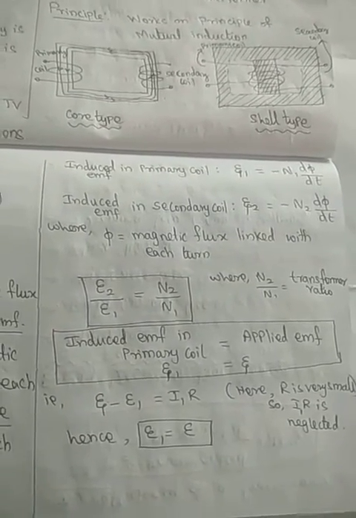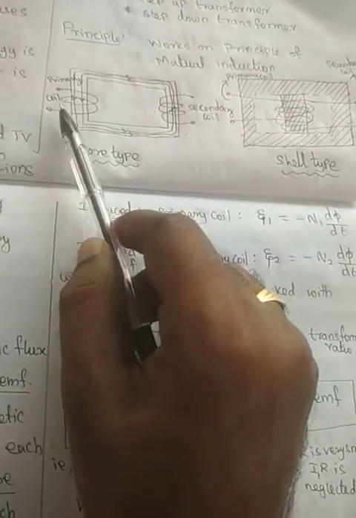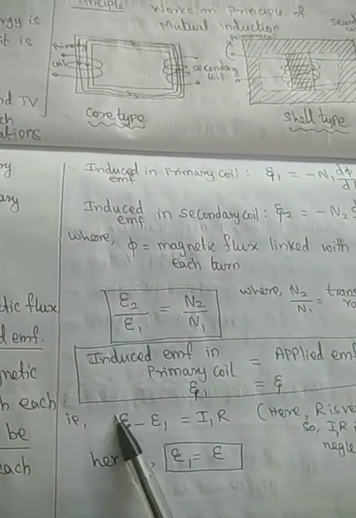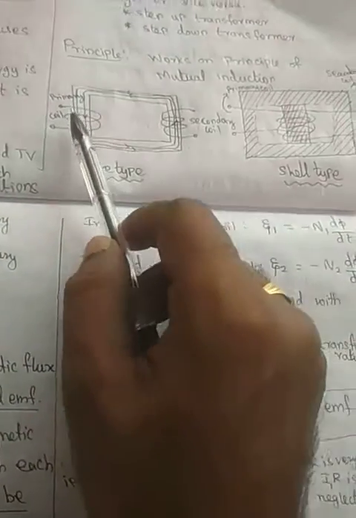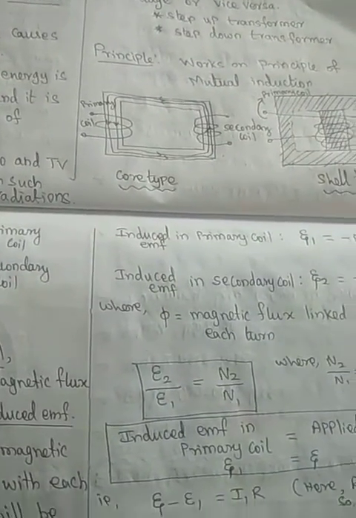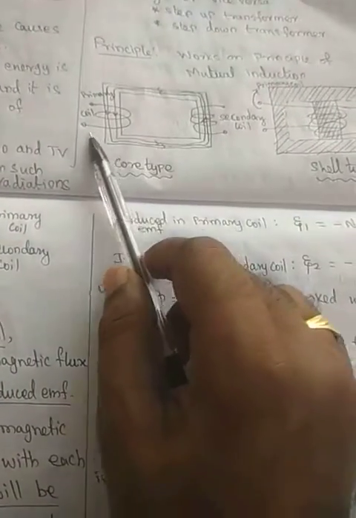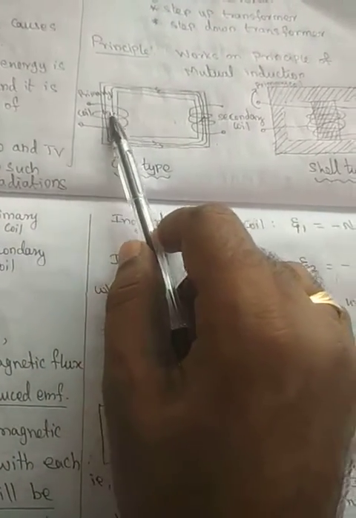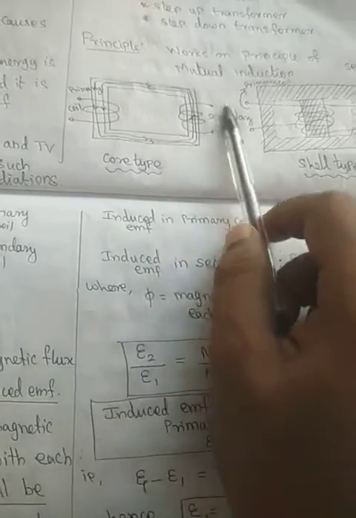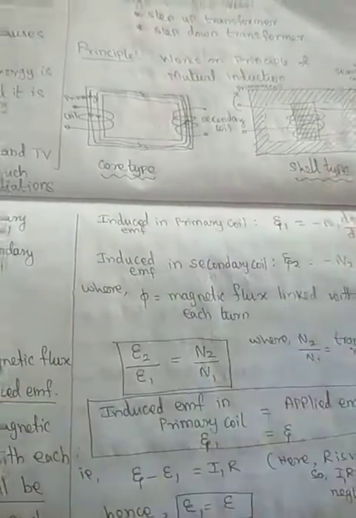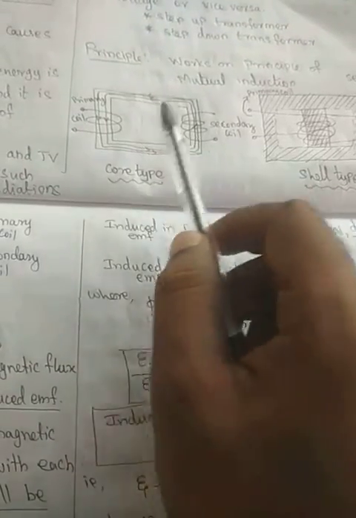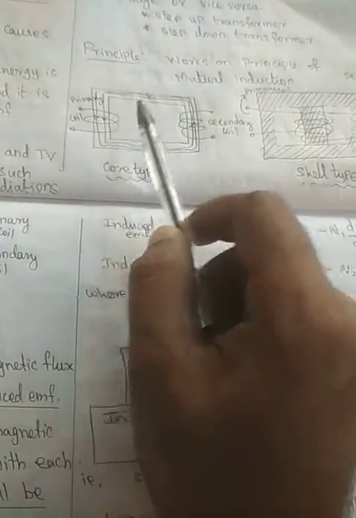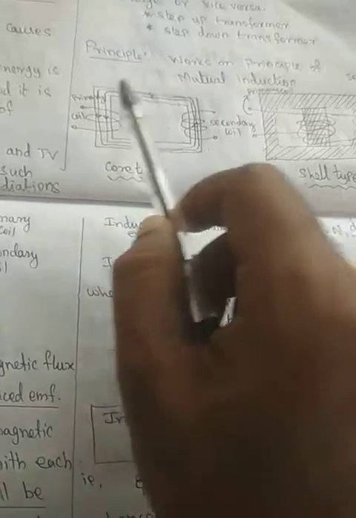You have one doubt, sir. Here the applied EMF is E. Applied EMF is E, that is, an alternating EMF is applied in the primary coil. Okay, then what will happen? Due to the applied EMF, there will be a change in magnetic flux in the secondary coil, hence E2 is induced. Okay, but at the same time, due to the self-inductance of the primary coil, there will be EMF induced in the primary coil.